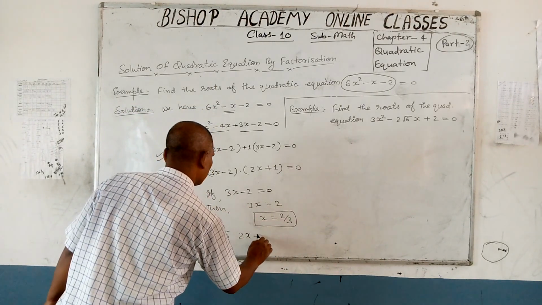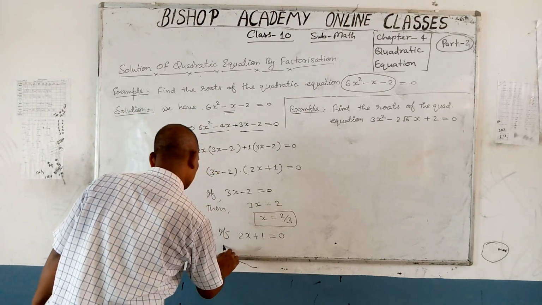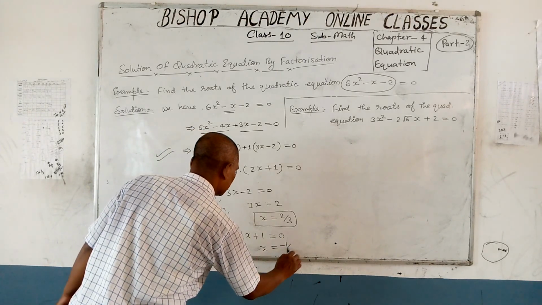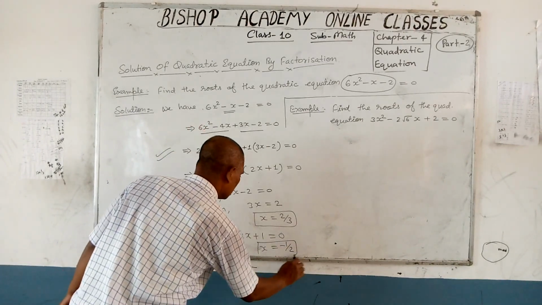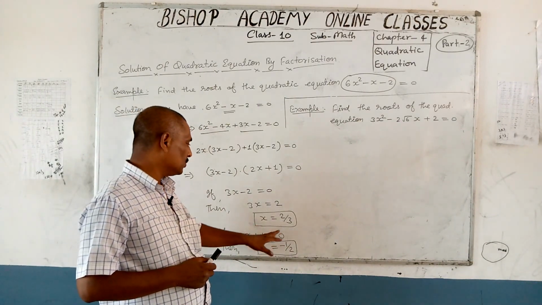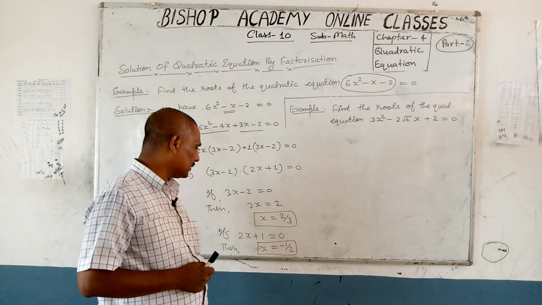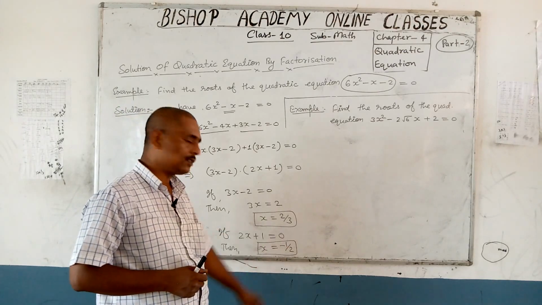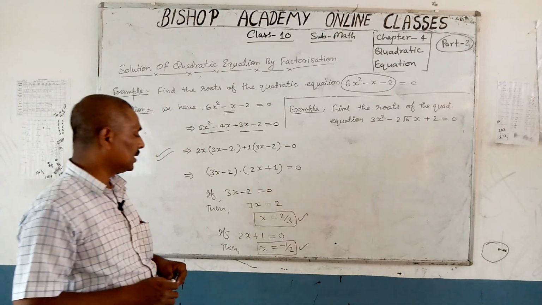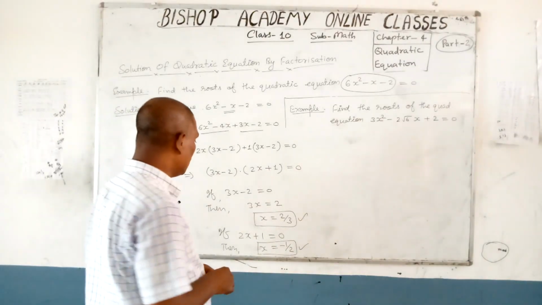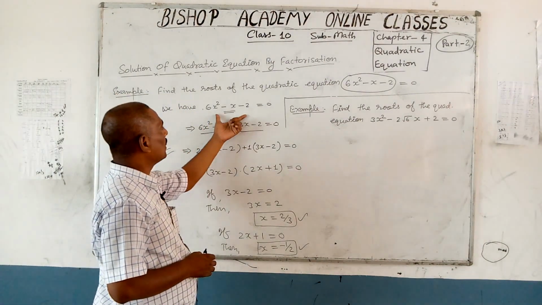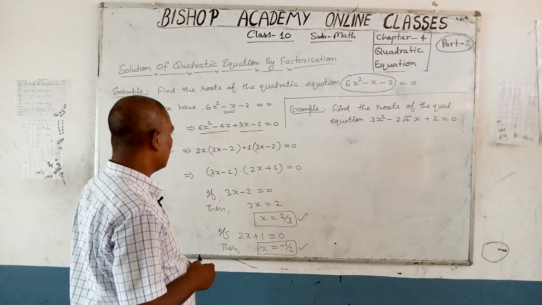If 2x plus 1 is equal to 0, then x is equal to minus 1 upon 2. So you saw that you got two values, x is equal to 2 upon 3 and here x is equal to minus 1 upon 2. So these two values of x, 2 upon 3 and minus 1 upon 2, are the zeros of the given quadratic equation, or in other words,